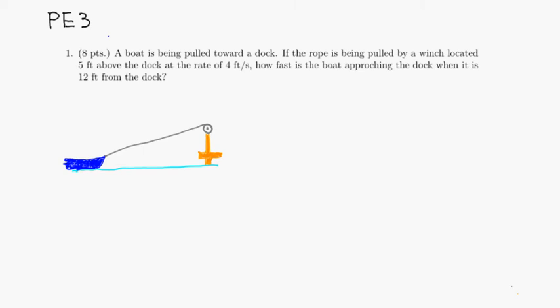Alright, let's look at practice exam 3, problem number 1. It says that the boat is being pulled toward the dock, so I already drew the picture. A rope is being pulled by a winch located 5 feet above the dock